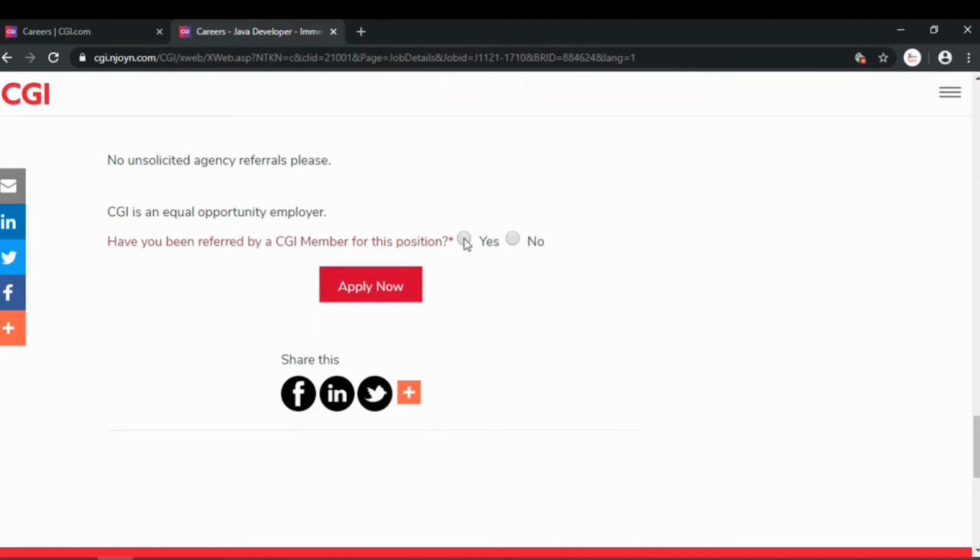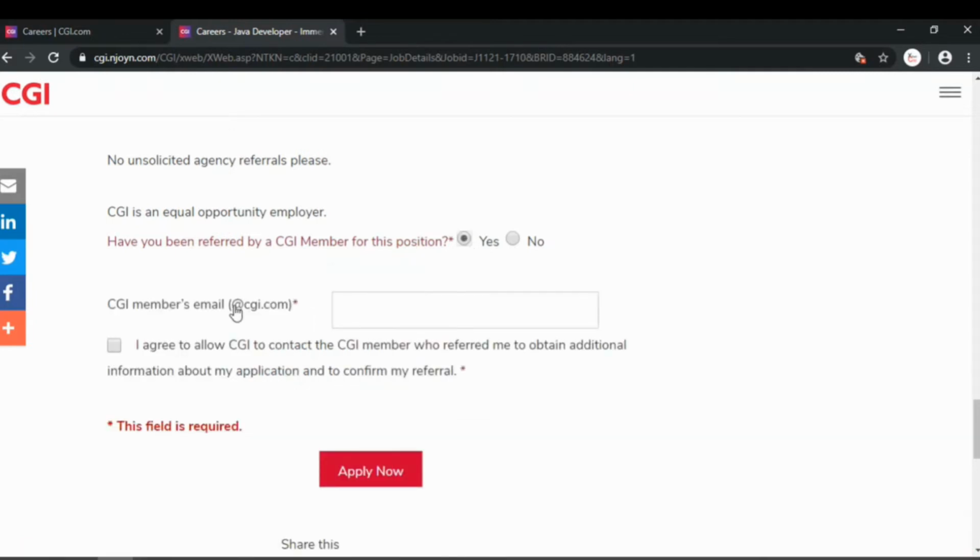If you have that, then you can go with yes, and put the ID of the CGI candidate who is already working in CGI. Then check this box, I agree, and apply here.